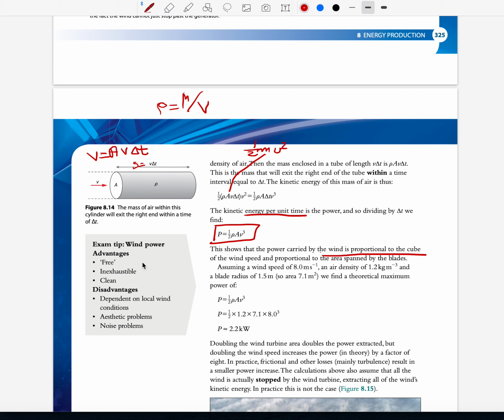Advantages, disadvantages, like any renewable source: free, inexhaustible, clean. Disadvantages, similar, all of them depend on wind conditions. If there is no wind, you don't get any energy. Some noise, or aesthetic problems. People don't like